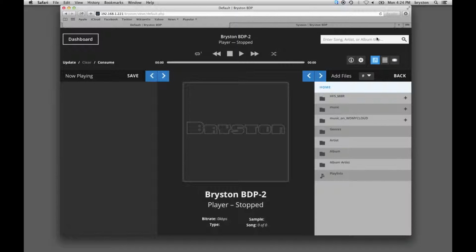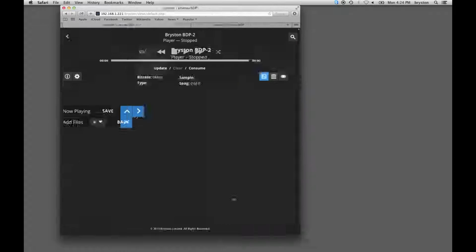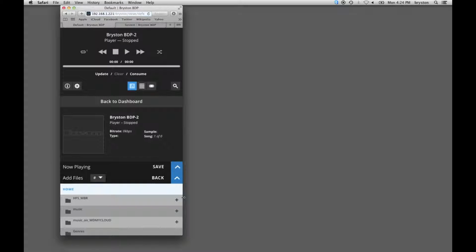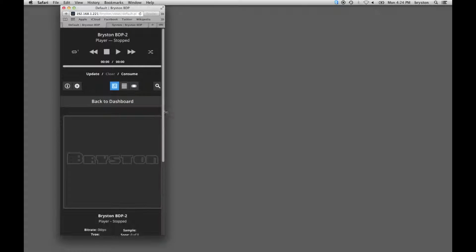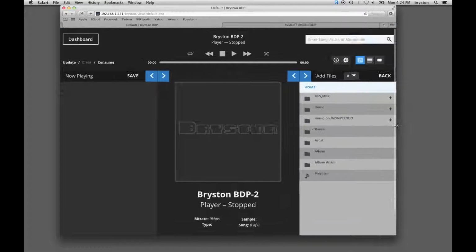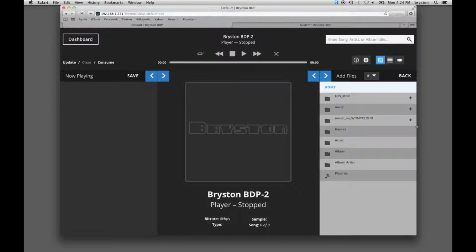This is it. This is what it looks like on a desktop computer. If I shrink this, we'll refresh. This is what it would look like on a small tablet, and this is what it would look like on a smartphone. I'm just going to blow it back up here. Go over it. So the update button, you would tell the BDP to update the database. We have our seek bar, our transport controls,